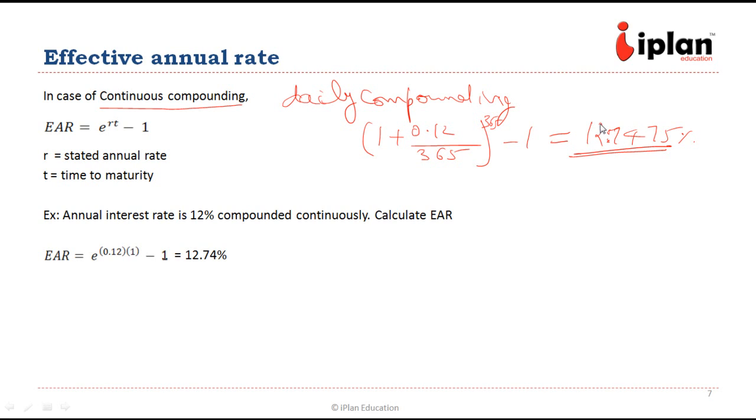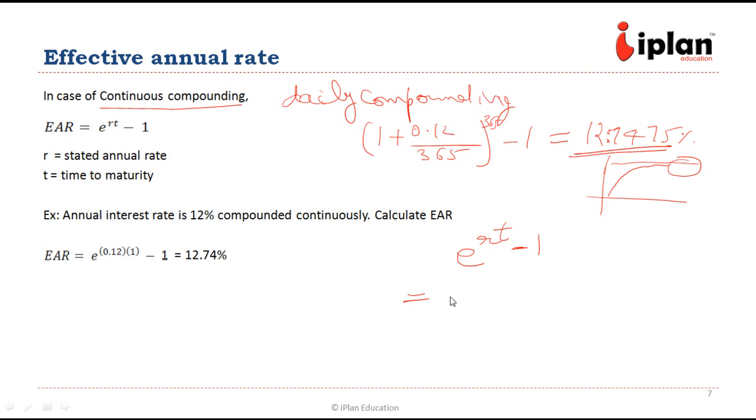But it will not keep increasing because the curve is exponential. So there is a limit to it. It will increase like this, and there is a final limit above which the interest rate will not increase. And that is precisely continuous compounding, where we are compounding every second, every fraction of a second, and then continuously. So that rate will not be infinite. That rate will be limited by this number, and we calculate it as e to the power r into t